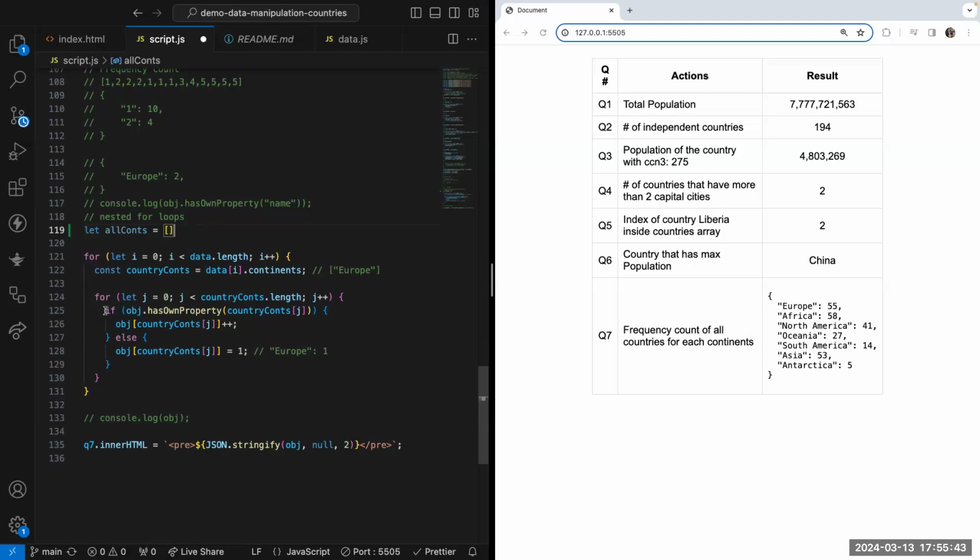So how about this? This is the first loop, right? Basically it's going to be n squared. Time complexity wise, it's going to be n squared. If there was only one for loop, it would be just n. But since we have two nested for loops, it's n squared, and we don't know the length of the data or the length of the country continents. So the second option would be